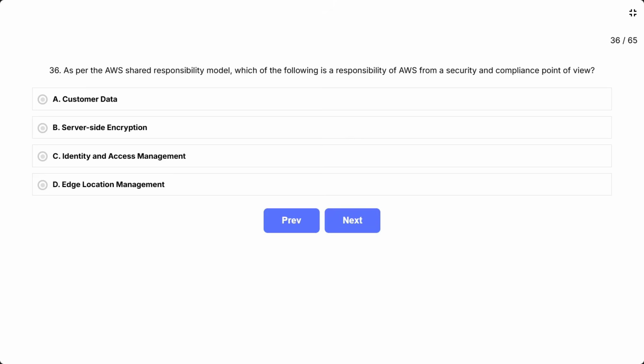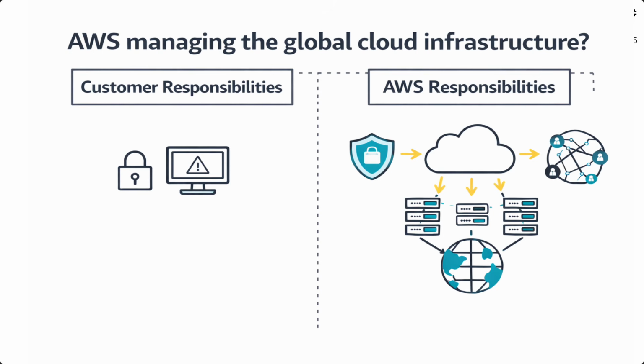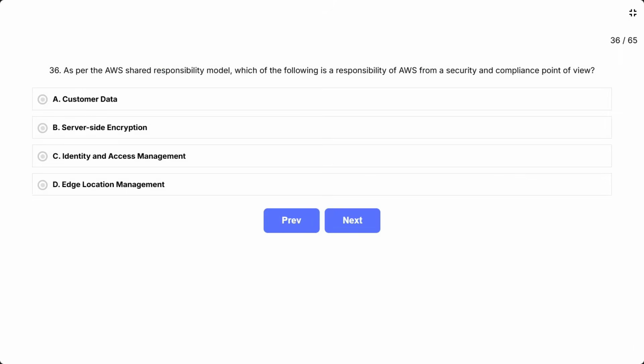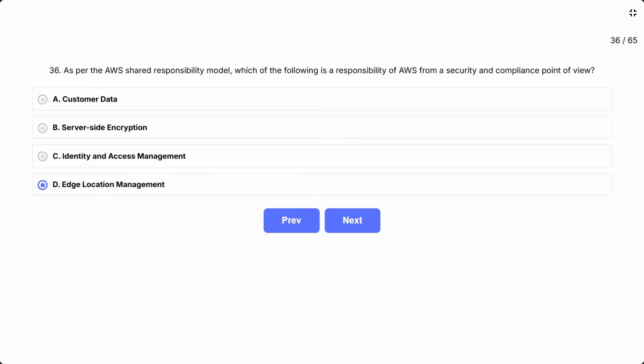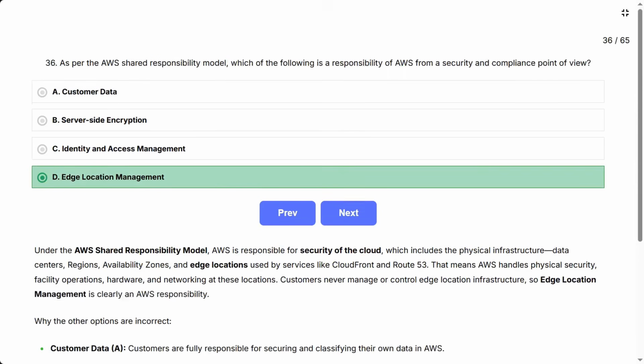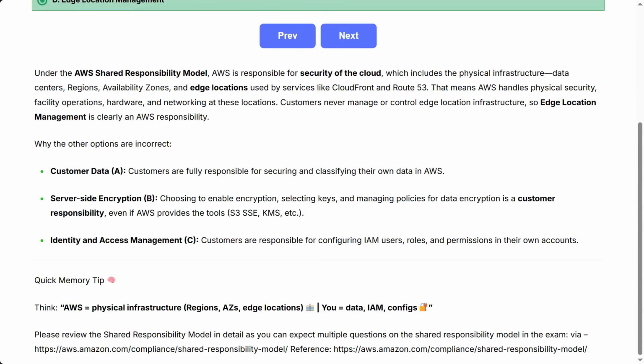Edge location management. This question is asking which task belongs to AWS, not the customer, under the shared responsibility model. In simple terms, which item is part of AWS managing the global cloud infrastructure? The correct answer is D. Edge location management. Under the AWS shared responsibility model, AWS is responsible for security of the cloud, which includes the